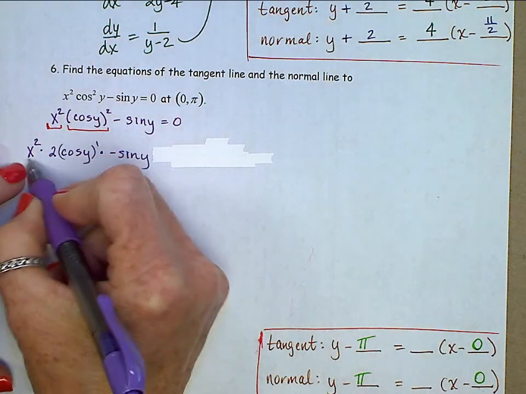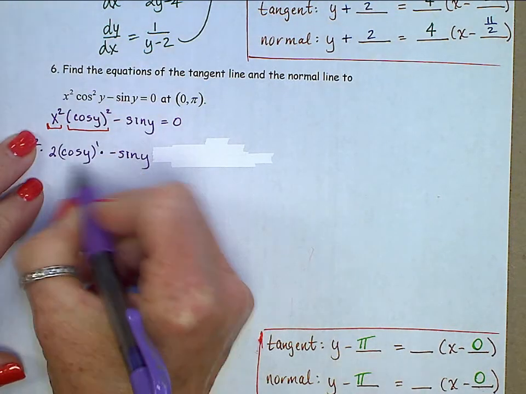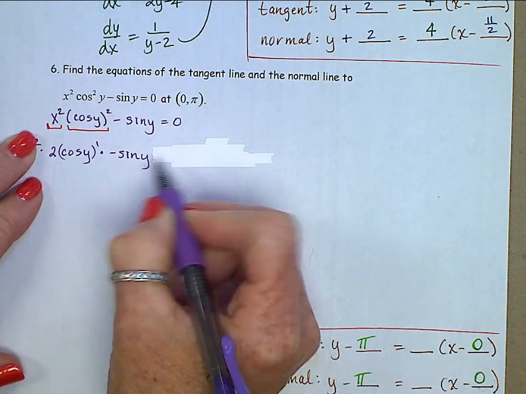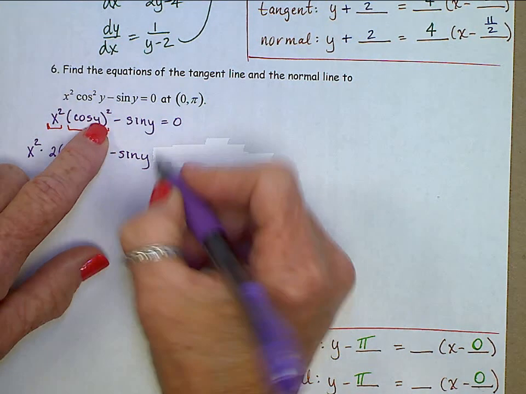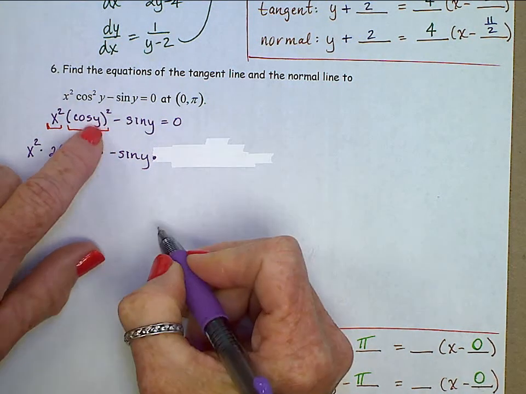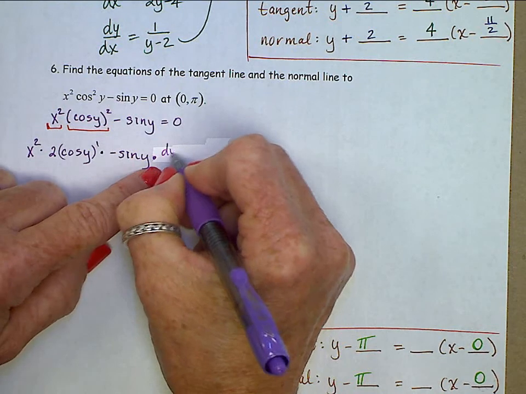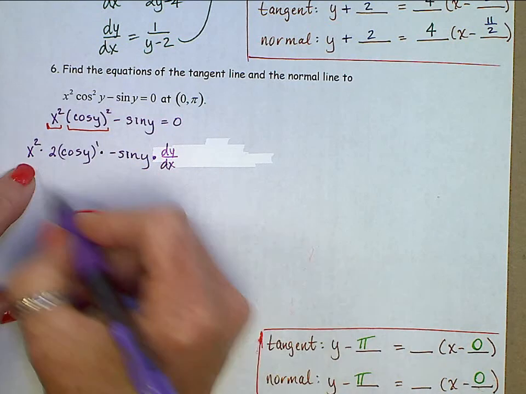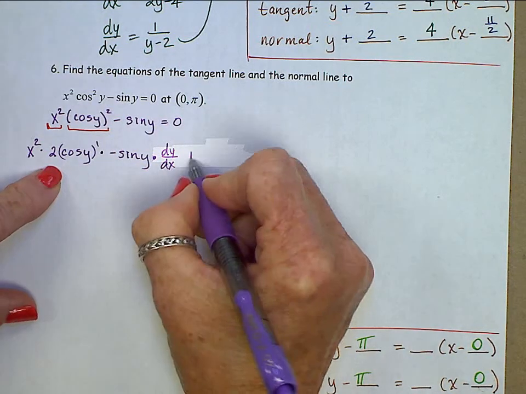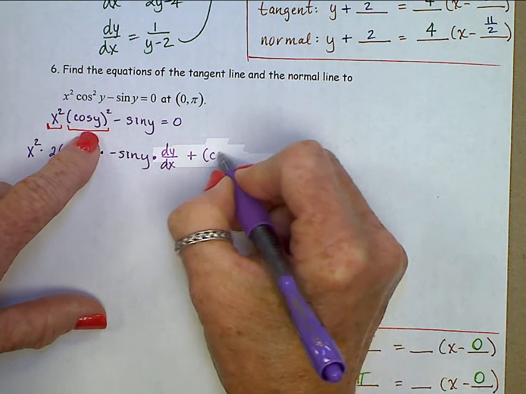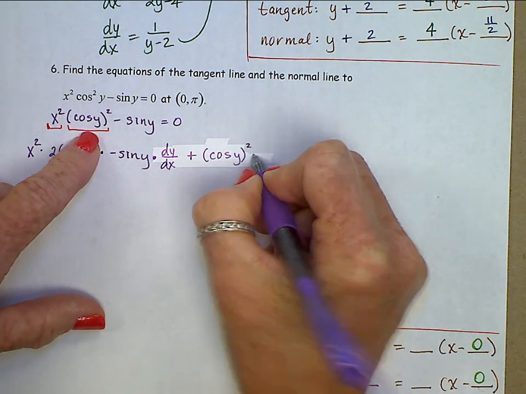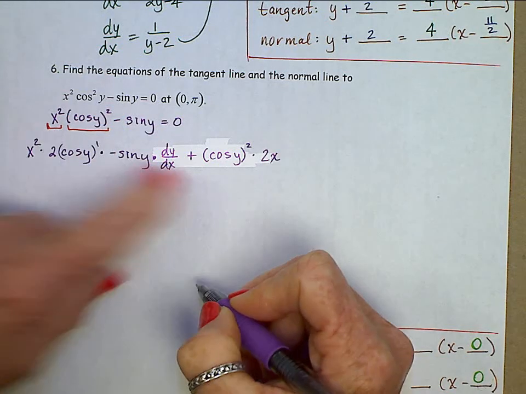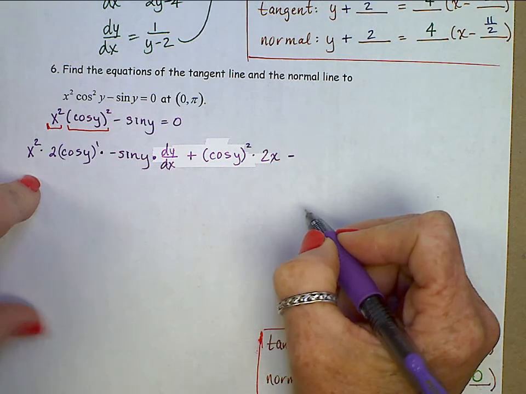First, x squared times the derivative of the second. Here it is, 2 cosine y to the first times a negative sine y. Okay, that y is a hidden function, and this is what I forgot. So we need the derivative of that y, which is dy dx. First, derivative of the second, plus the second, now cosine y squared, times the derivative of the first, 2x. There's your product rule. Minus, and the derivative of this sine y